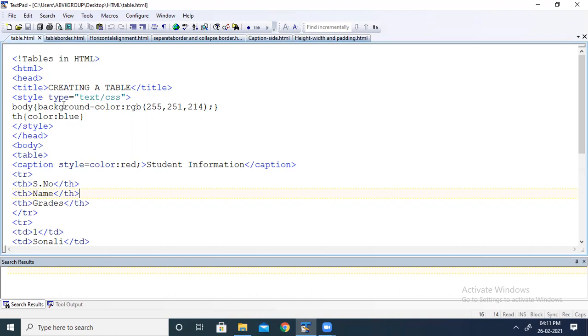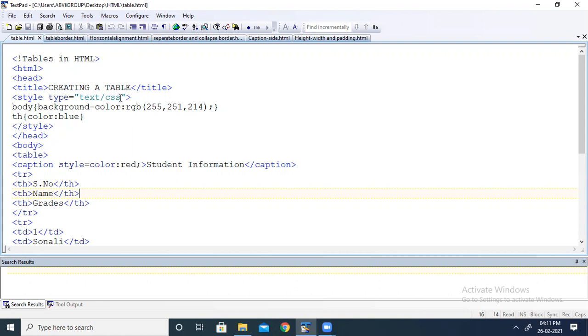Then type equal to text/css. There are various style sheet technologies, so we use type equal to text/css, so that the browser will know that we are using CSS as the document style sheet language. That is why we type style type equal to text/css.